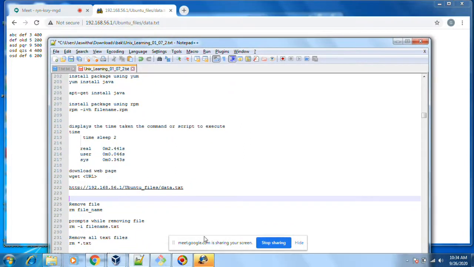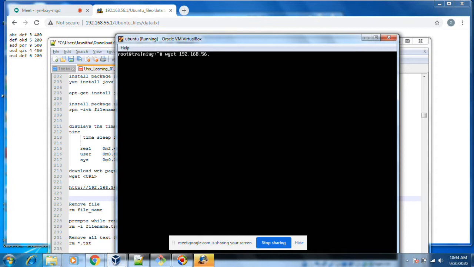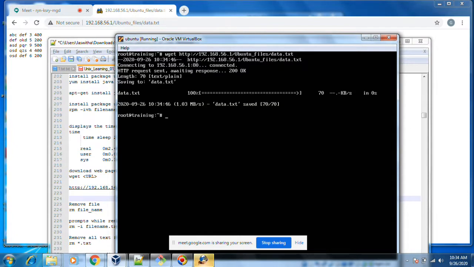HTTP also you need to give as per this URL. http colon double slash 192.168.56.1 slash ubuntu underscore files slash data.txt. wget is to download files or anything from a web page.